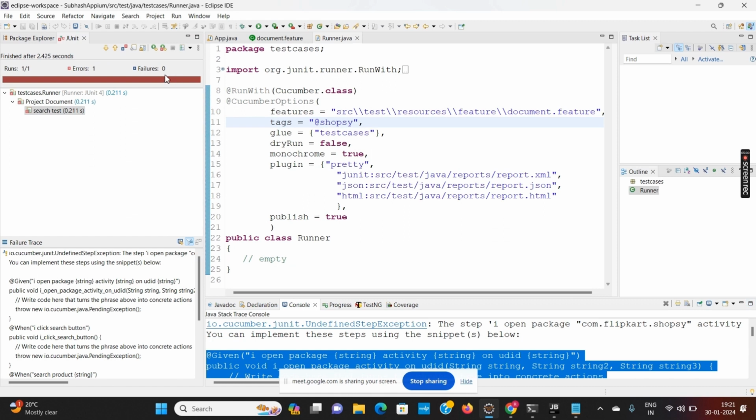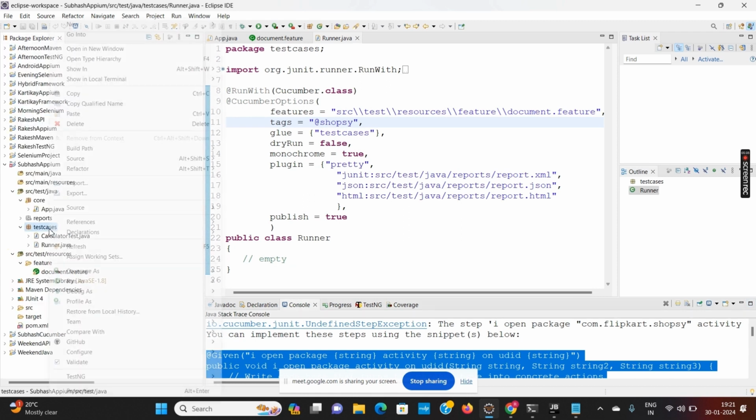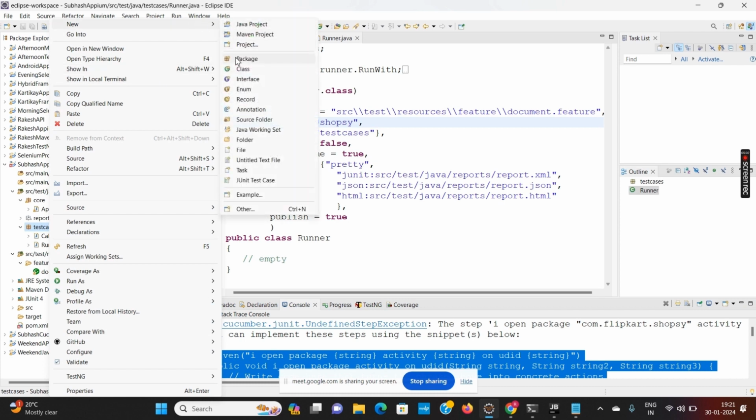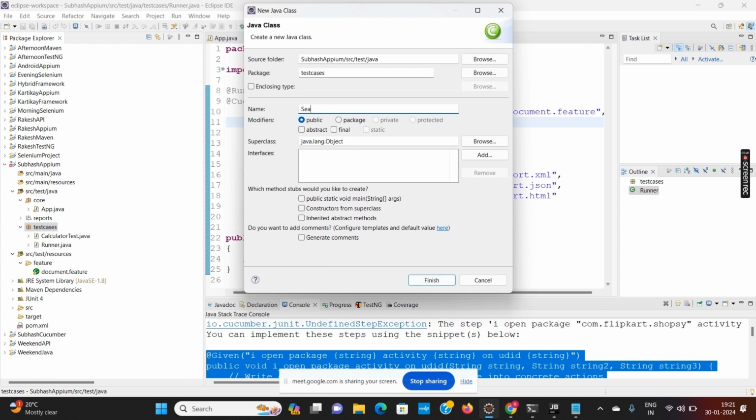Write a new test, like new class, say SearchTest. No main method.